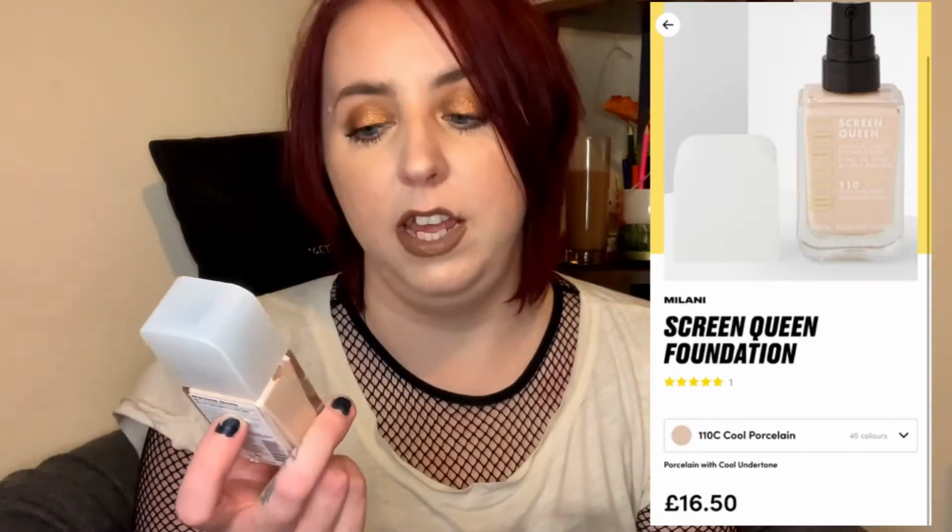Let's get into this. So the first thing I want to review is the Screen Queen Natural Finish Foundation. I got mine in the shade Cool Porcelain. This is super light. I think this has a decent shade range. I'm not going to say it's great. Normally foundations don't tend to go dark enough, but I think considering their previous foundation, the Conceal and Perfect that